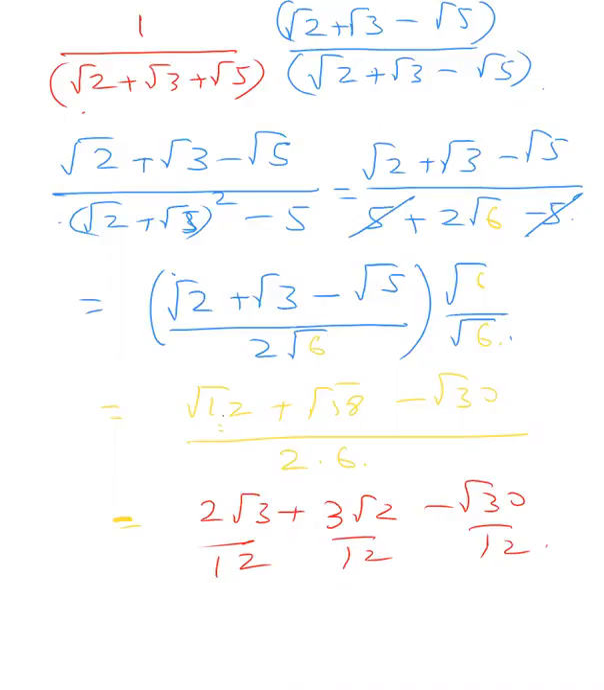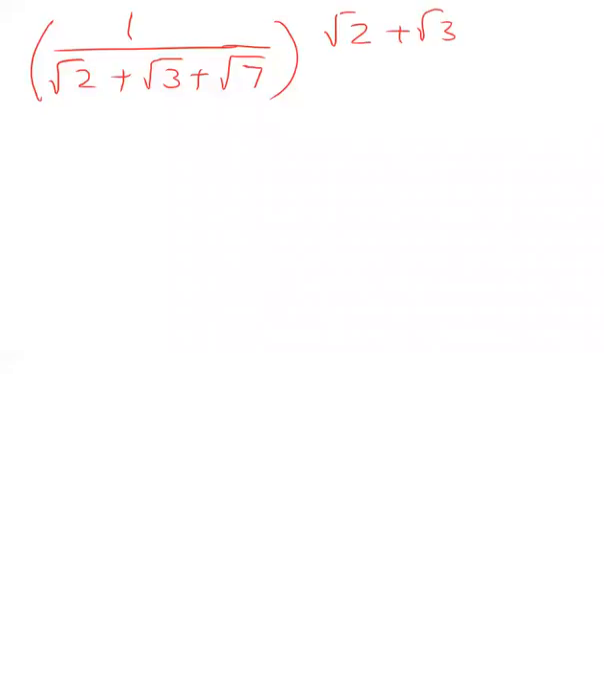Right? One more, the last one. 1 by root 2 plus root 3 plus root 7. A bit of difference will come in this. Just you have to see what the difference is, right? Take your time, then we'll solve. What I mean to say, see, if I multiply this, or rationalize this with this number,